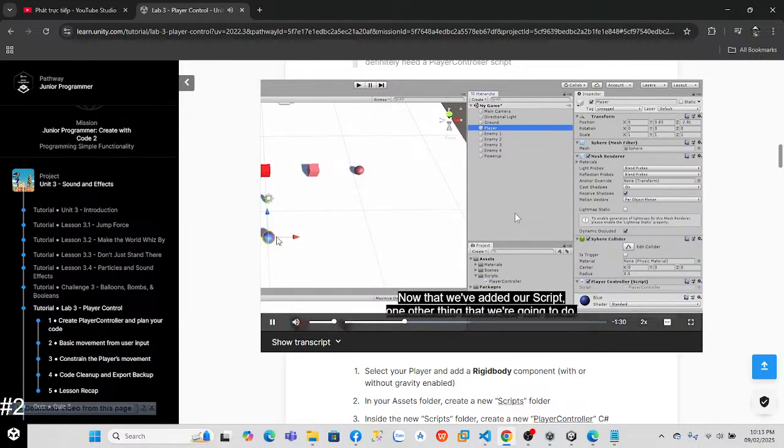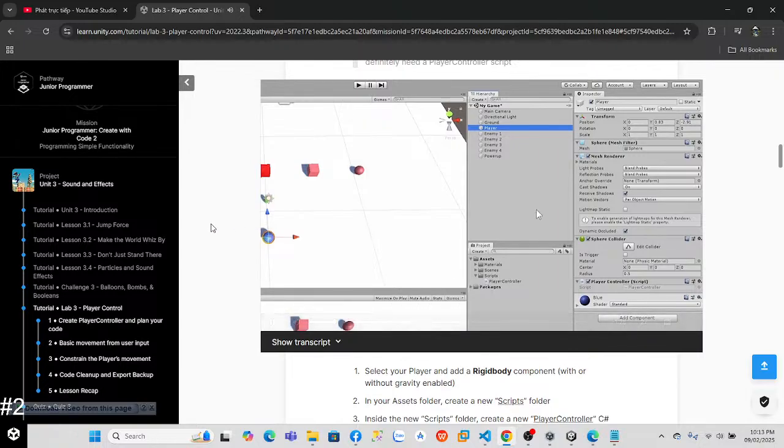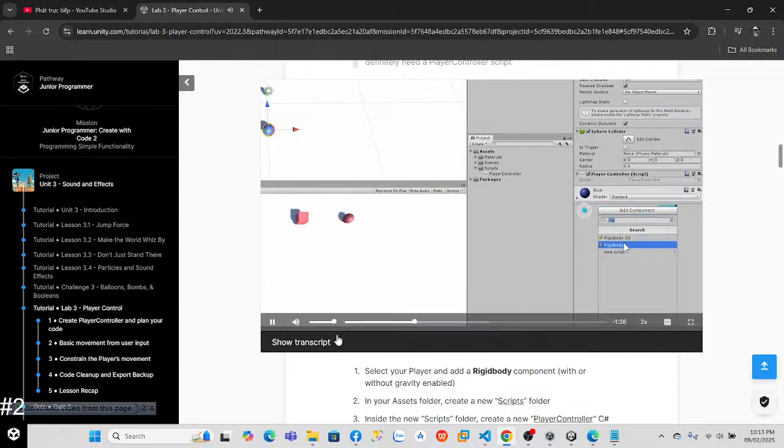Now that we've added our script, one other thing that we're going to do, in this case, I want my player to use physics, so I'm actually going to left-click on add component and add